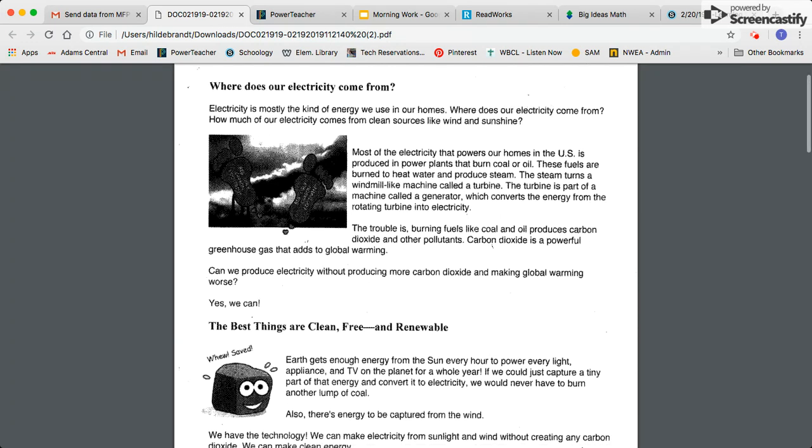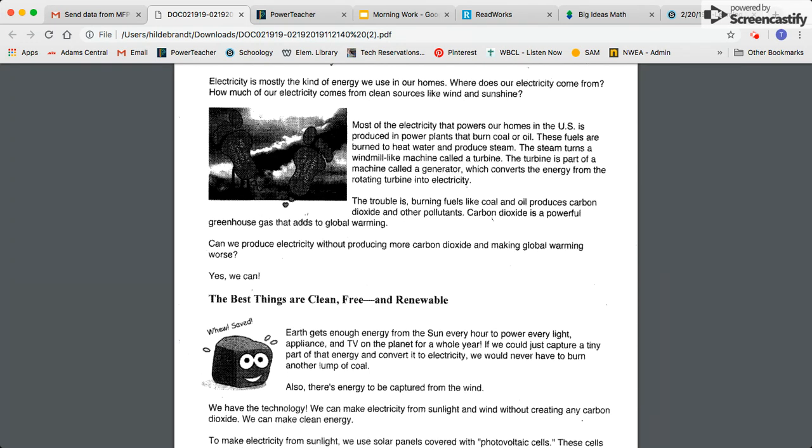Also underline this first sentence of this next paragraph. Most of the electricity that powers our homes in the U.S. is produced in power plants that burn coal or oil. These fuels are burned to heat water and produce steam. The steam turns a wind-like machine called a turbine, underline that word. The turbine is part of a machine called a generator, underline that word, which converts energy from the rotating turbine